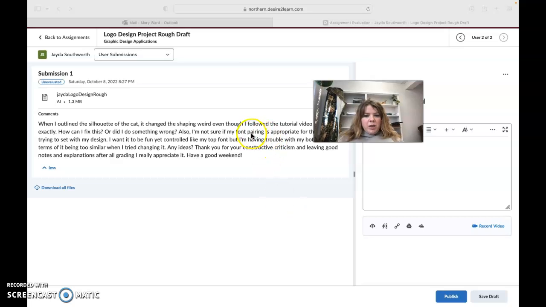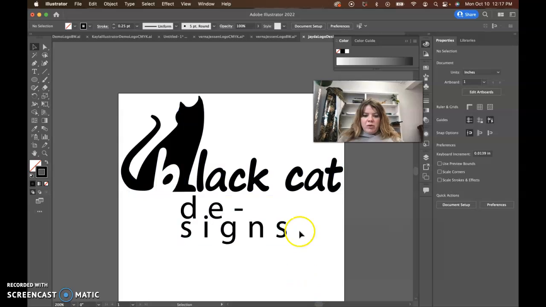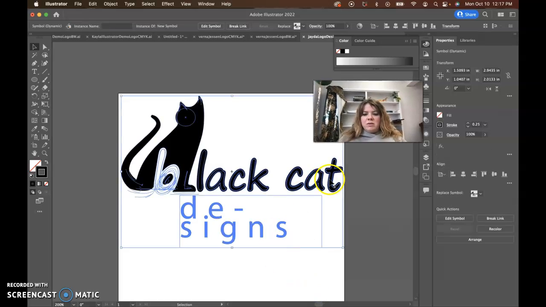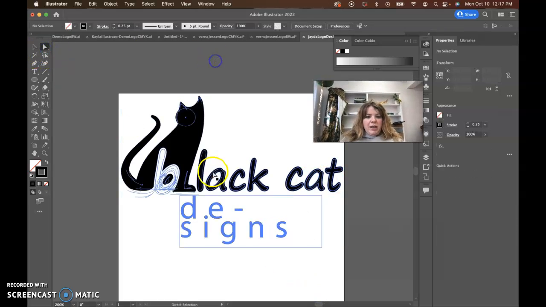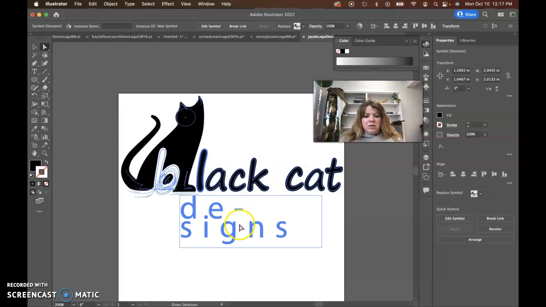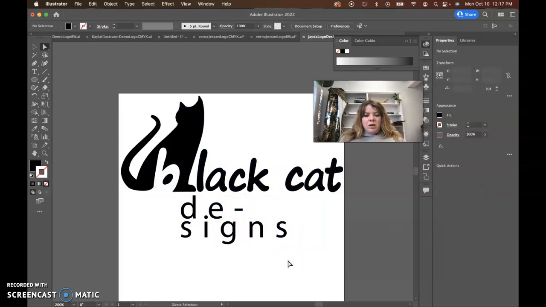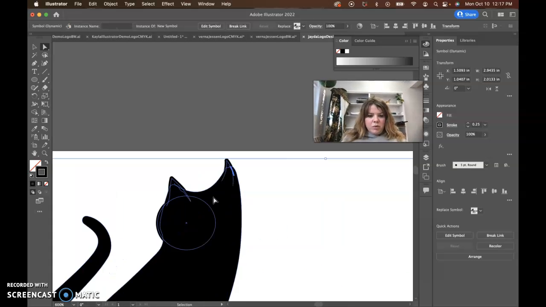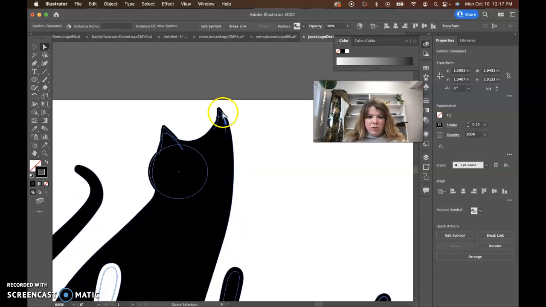As far as your font pair, I'm having a hard time seeing it because you didn't outline your fonts, and when you don't outline your fonts, I can be missing fonts. I think you outlined your Black Cat font, but not the Designs font. So I can't really view your font pair either, which is kind of a bummer, because I know you have questions about that. But this is actually looking really quite advanced for a beginning student,